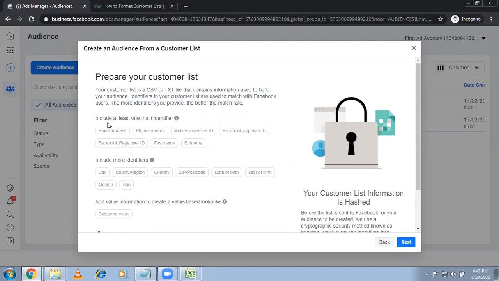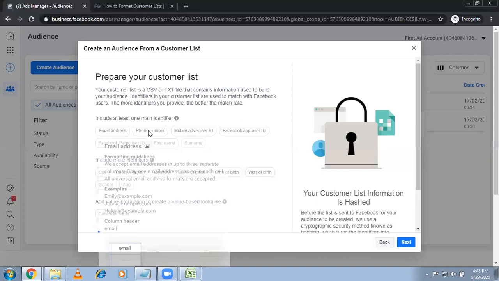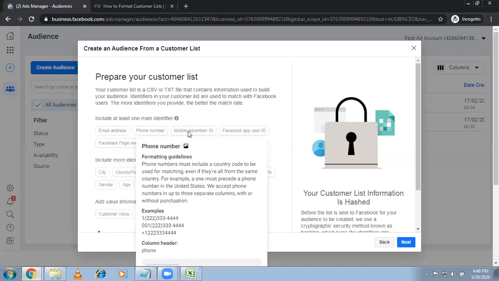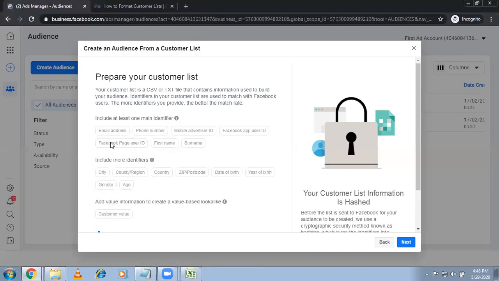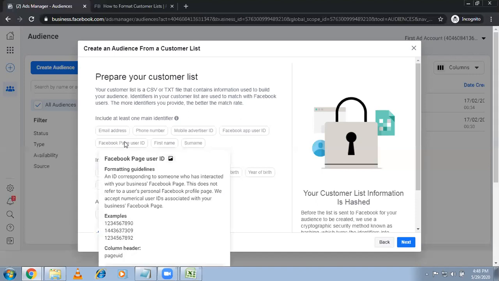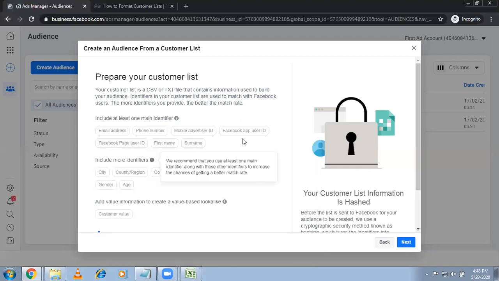So you can include at least one of these identifiers: either email address, phone number, mobile advertiser ID, Facebook app user ID, Facebook page, first name, surname. When you hover here, they're clearly explaining what it is. So how do you know all this information? When you run the ads previously, you will already be getting all this information.